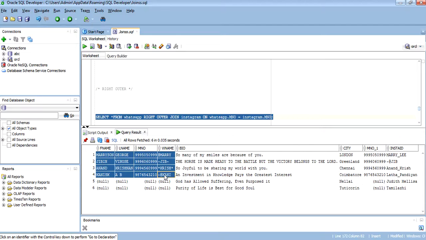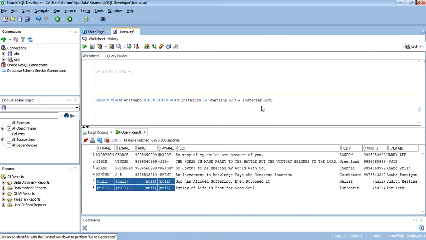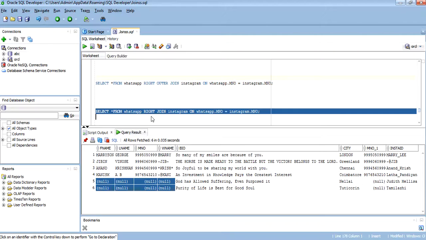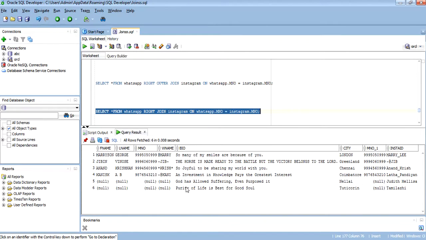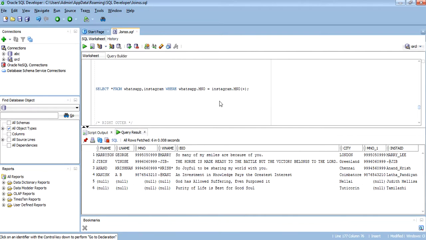If there is any unmatched data, we'll display it as null. For the second type of implementation, we can just use right join. The result is the same. We can also use plus on the left side. If I am using plus on the left side, it indicates a right join. If I am using plus on the right side, it indicates a left join.